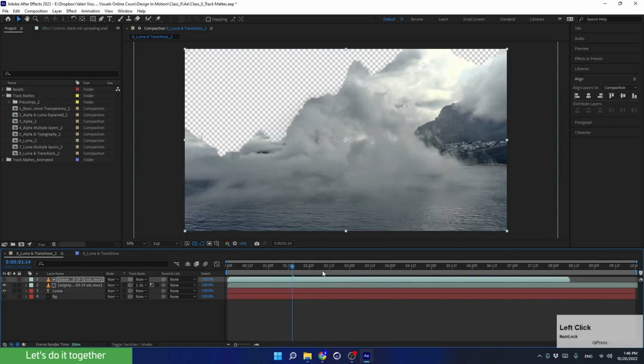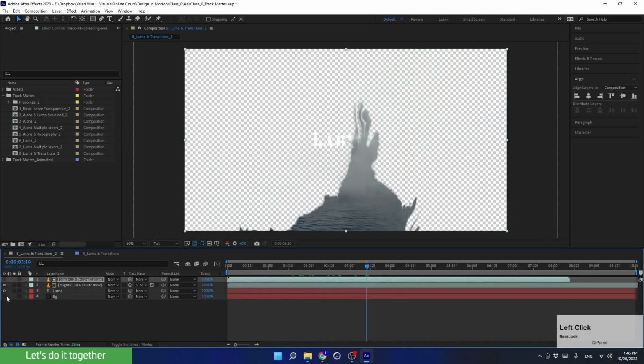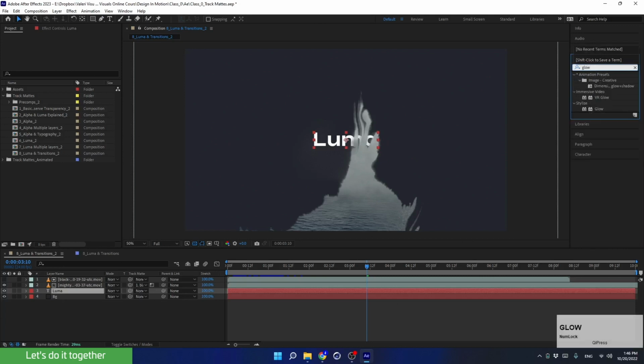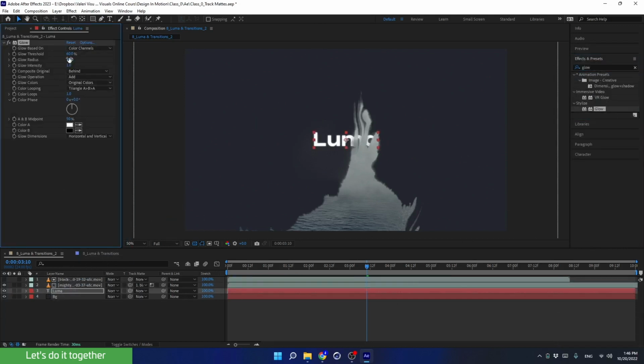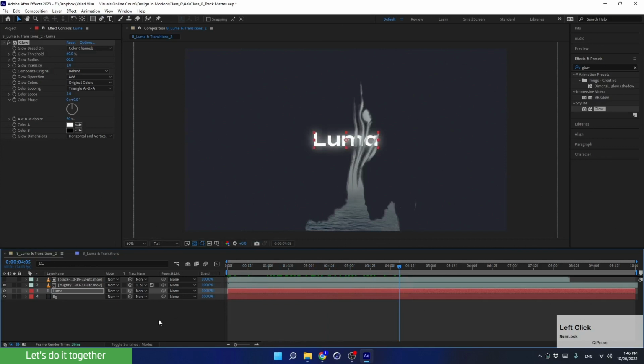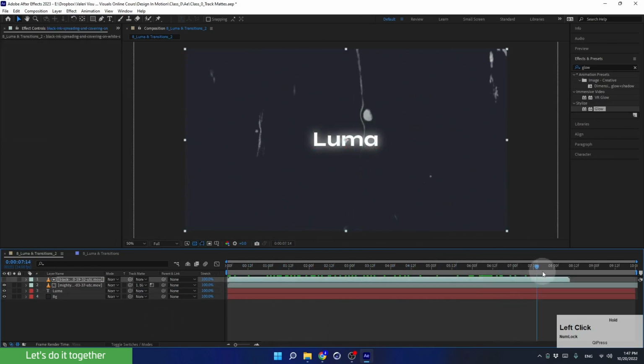Let's turn on the text in the background and add a cool effect called glow on the text. Change the radius to 60. And that's how we created a really cool transition. And now, I want to talk about the problems using ink videos. As you can see at the end of the animation, the transition is cut incorrectly because the video of the